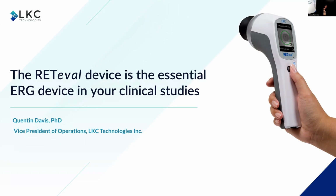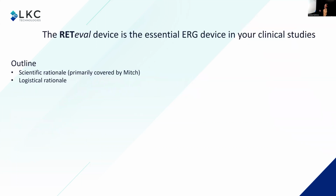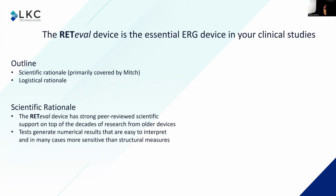So I just want to follow Mitch and try to argue why, of all the ERG devices, the RETeval is probably the best one for your clinical studies. Okay, so just an outline. I'm going to do a little bit of scientific rationale, although Mitch covered that pretty well, and then a logistic rationale. So for the scientific rationale,